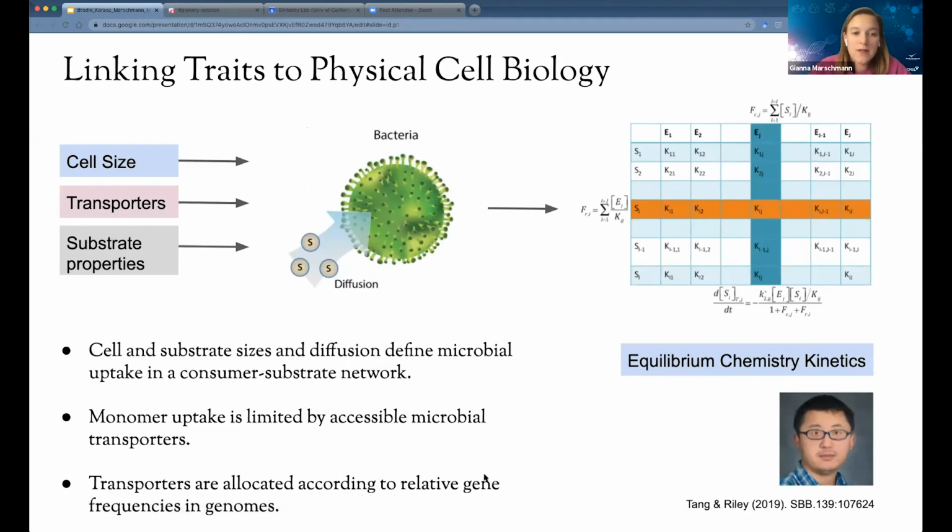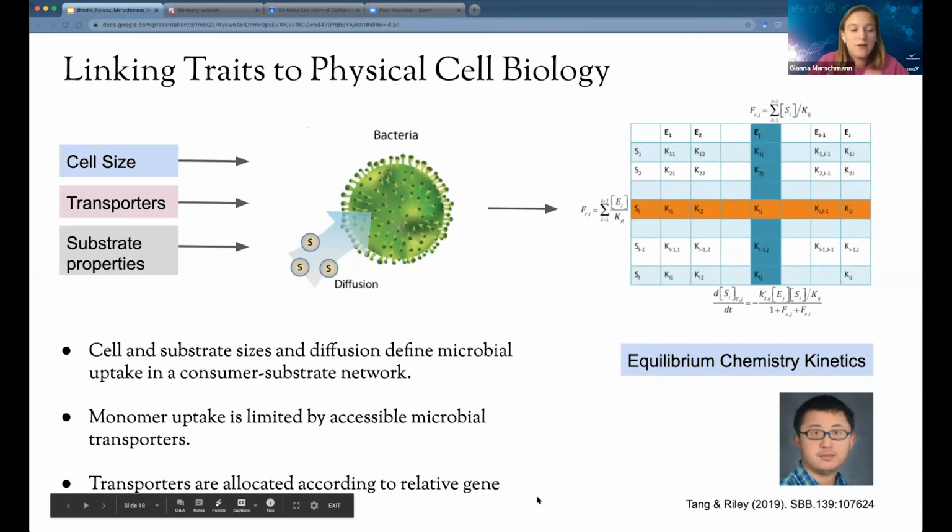So cell size not only describes the energy budget, but it also determines kinetically the microbial uptake of substrates of organisms in a diffusion limited environment. Here in the equilibrium chemistry formulation, the affinity constant K and the maximum specific uptake rate are the key fitness traits that determine the rate of uptake for different compounds. And this rate of uptake depends on the density of transporter proteins that are distributed across the surface of a cell for a given size.